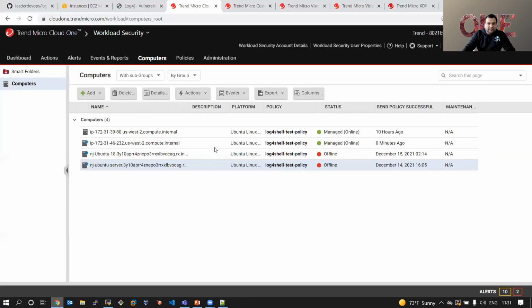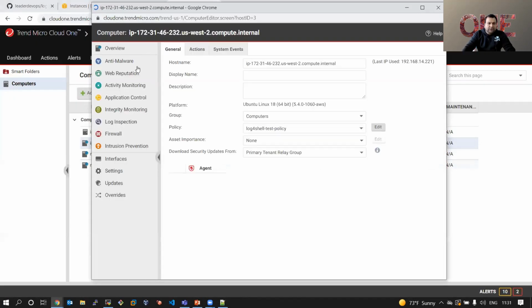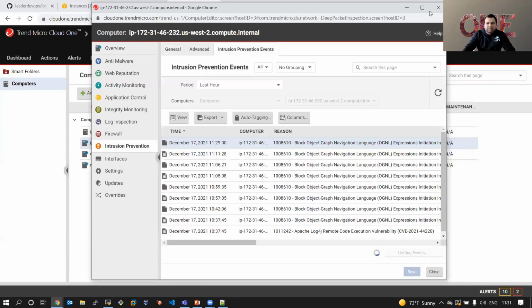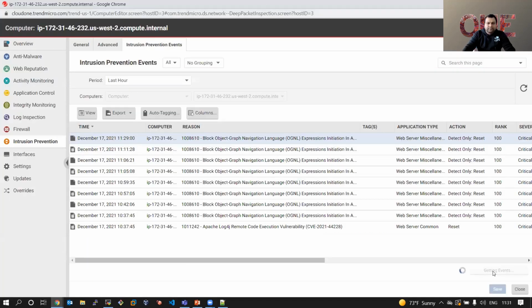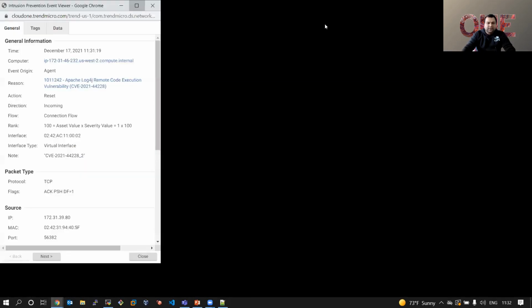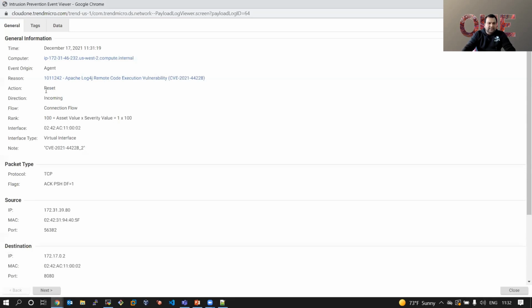Now we'll be able to see that particular event and see the payload as well, which was sent. Here it is. So this particular rule triggered and it reset the connection.